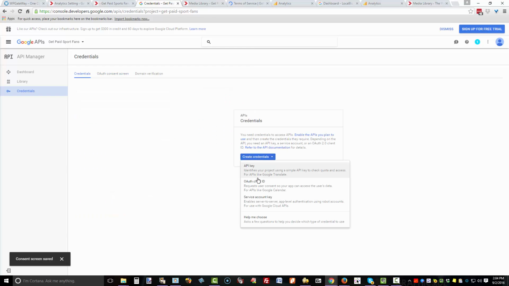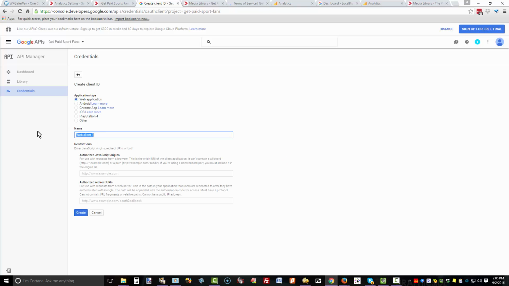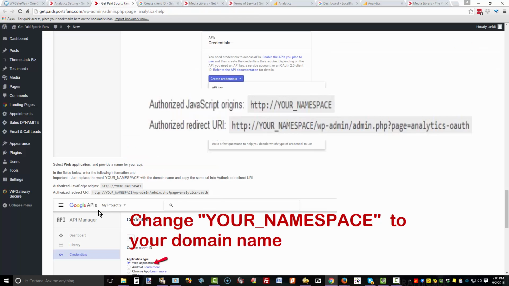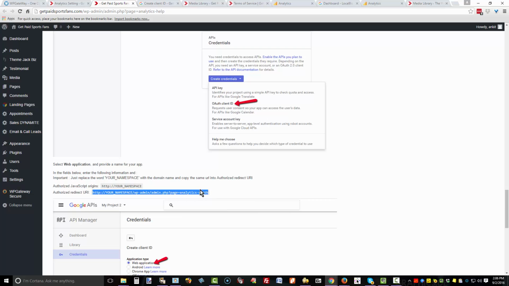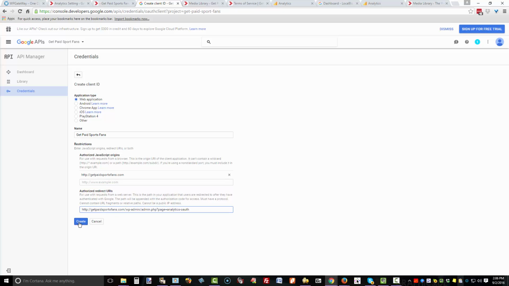Create credentials, the OAuth Client ID. It's a web application. Again, name it the name of your site so that you can differentiate. And this is the link to your domain, and it's HTTP or HTTPS if you have an SSL. The link for here is right here. So it reads HTTP your namespace WP admin, etc. And where it reads your namespace, you're going to put in your domain name. You go back to the client ID, paste in there, create